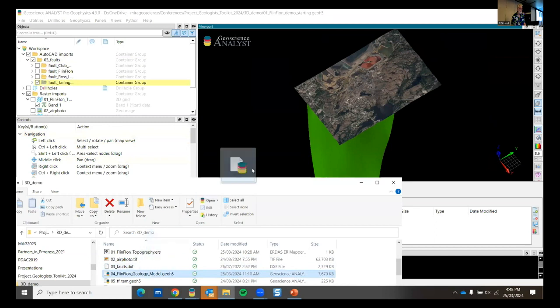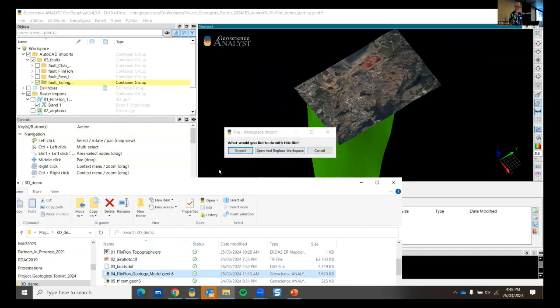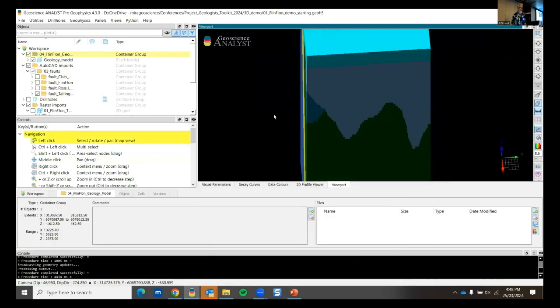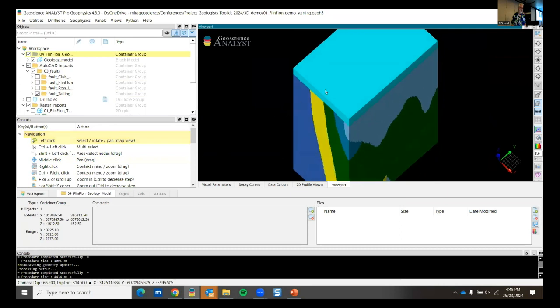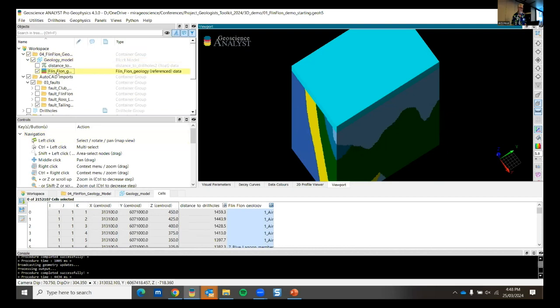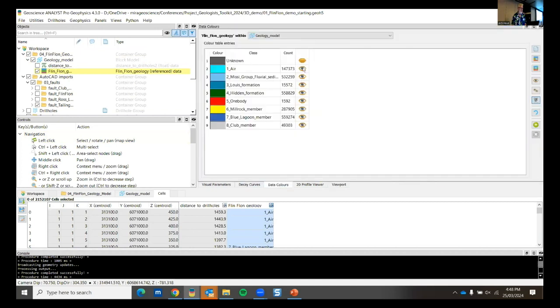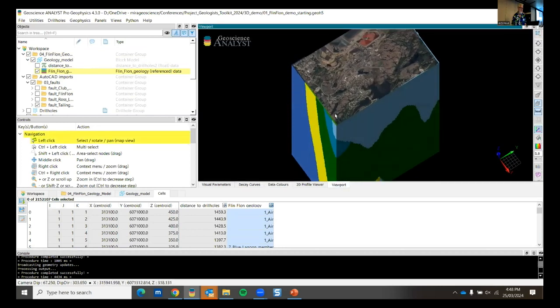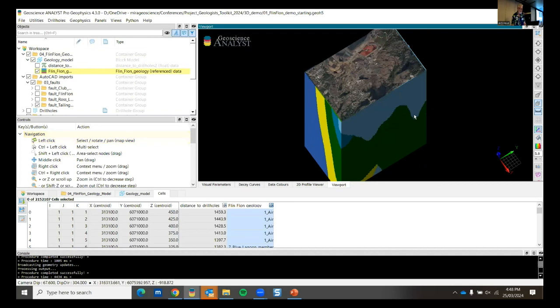I'm next going to bring in the geology model. You can import this directly from the Leapfrog model, but I'm just going to bring it in as a geoscience analyst object. And there's our 3D geological model that had already been built. Because it's a geophysical model, it's got an air layer in it. So we can go to that geology model here and choose the lithology there, and just turn off the air layer, and then we'll be able to see our air photo sitting on top of the geological model. So we're viewing it there as a volume.